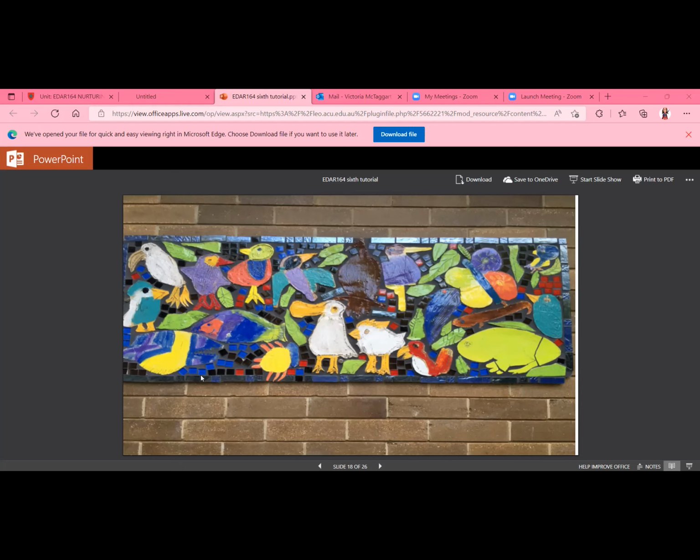So I know we're not in the studio, so we can't explore clay, but once you have got your mojo with the clay, and you have explored it a fair bit, or just a little bit even, rolling out the clay and cutting out the different shapes of the animals, that's as simple as it gets. Then you get them fired. And you can use sister schools because you're ACU students. You can request that you have your